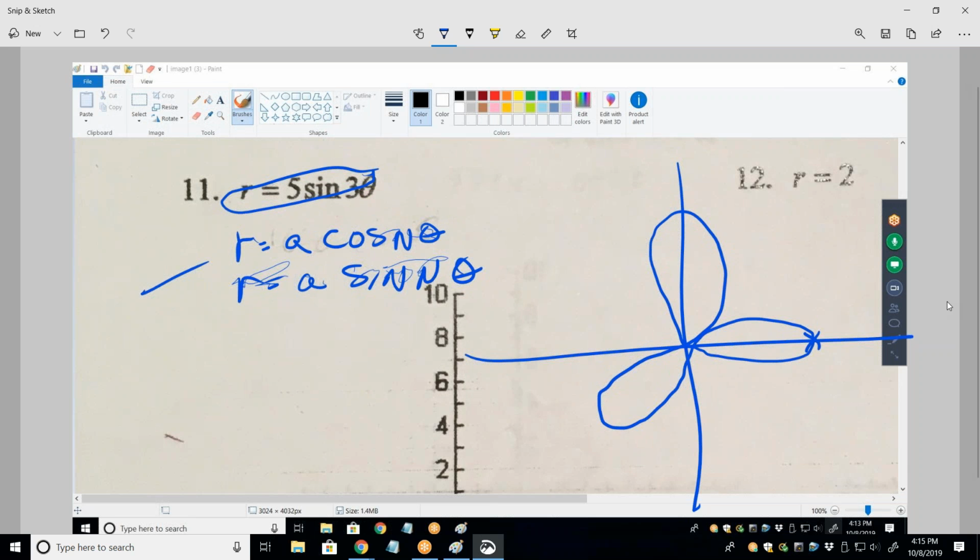Wait, does it go out to the right when it's a sine or a cosine? I think I've plotted the cosine. Okay, so for sine, it would go straight up. In other words, it's got to go through the origin. When theta is 0, we've got to be right there, not out here at 5. The only way my graph would be correct is if it was R equals 5 cosine of 3 theta. In other words, this one is the cosine. The sine one must look like